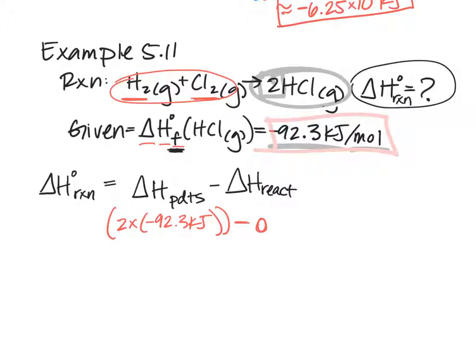So you're really just subtracting 0 right here. So your final answer then will be negative 184.6 kilojoules. I hope that's helpful. Let me know if you have any questions. These are 3 different ways to solve for delta H, or enthalpy, or heat given off in a reaction at constant pressure. You will be given any equation that is necessary to